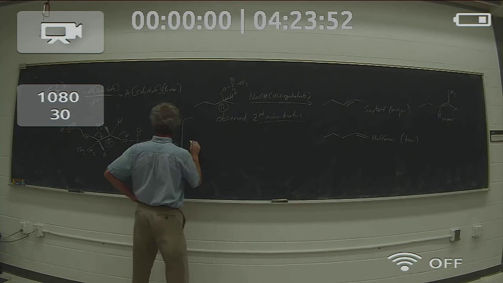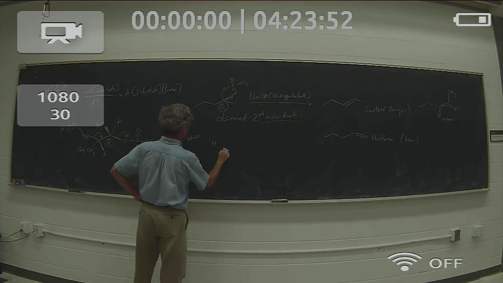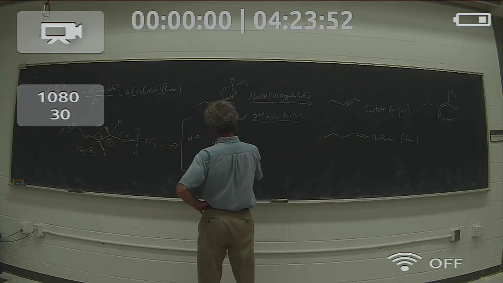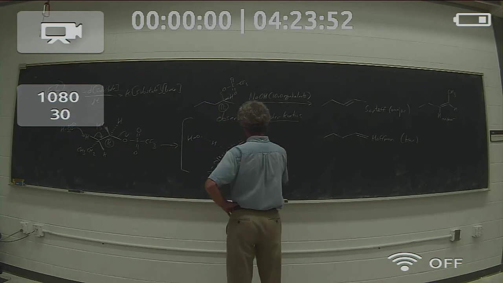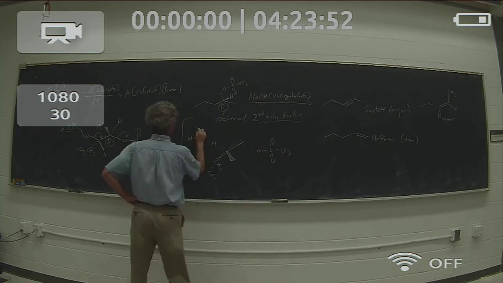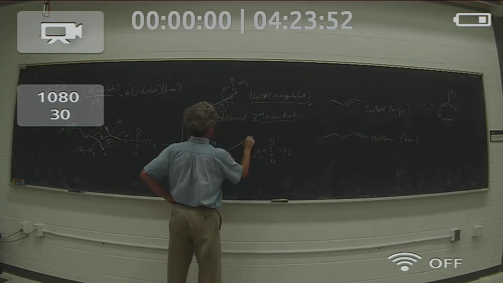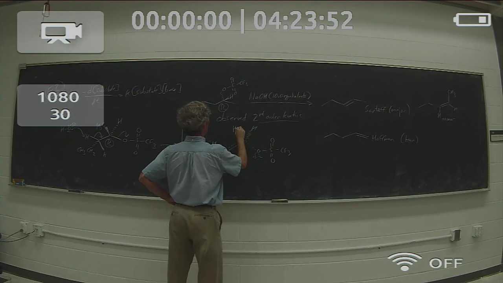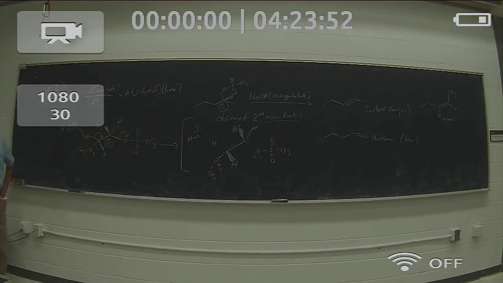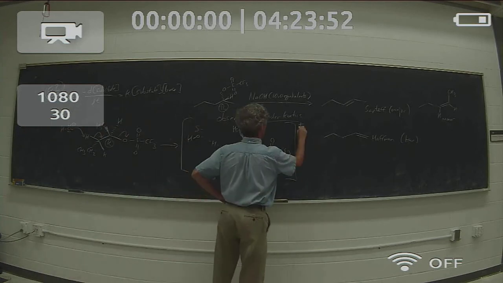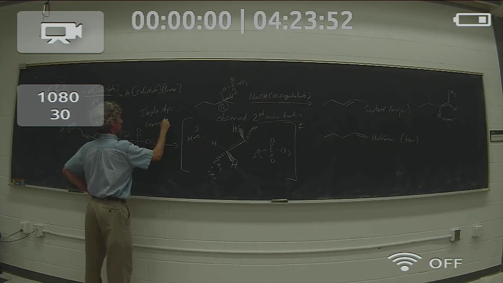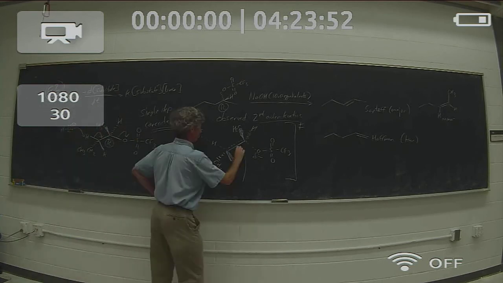I will have a single transition state, which will now have a partial bond to the hydrogen that's being removed and a partial bond to the carbon that is being removed from. I've got a partial pi bond here, and I've got a partial bond to my leaving group. Partial negative on the oxygen, partial negative on this oxygen. I've still got my hydrogen going back. I've got my CH3 group coming up. So my transition state looks like that. It's a single step, it's concerted. Bond breaking and bond forming occur simultaneously,